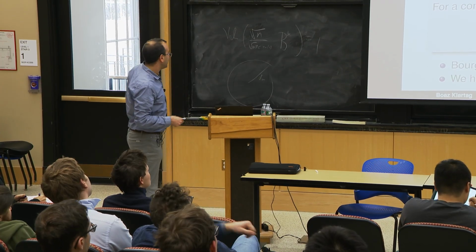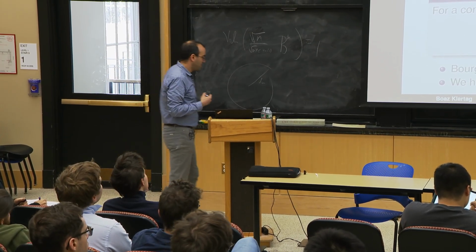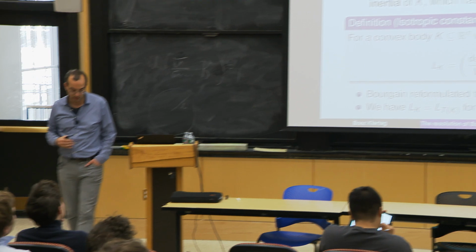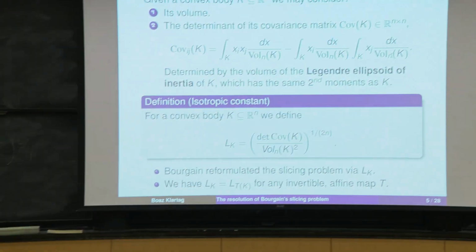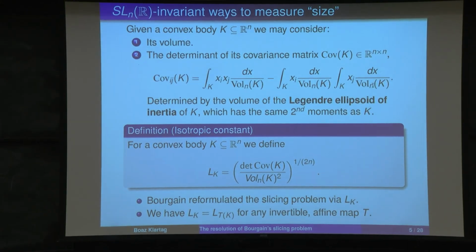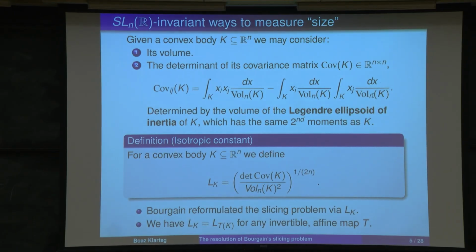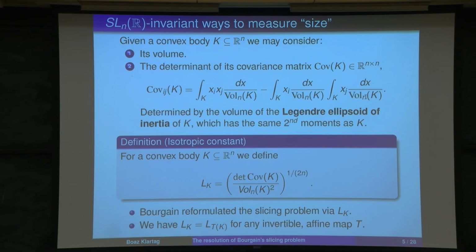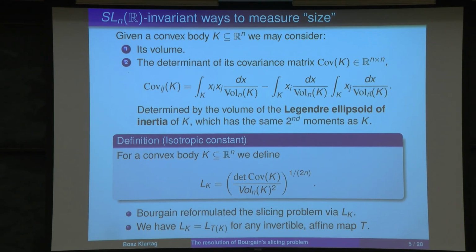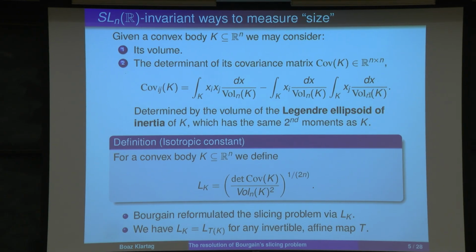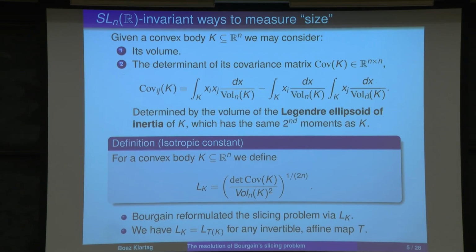Okay, there is another way to look at the slicing problem that Bourgain promoted, which has nothing to do with slices. Okay, so it's slightly indirect. I'll explain how to connect the slicing of hyperplanes to this business with covariance. So the idea here is it looks different, but it will turn out to be the same. The idea is to look at two